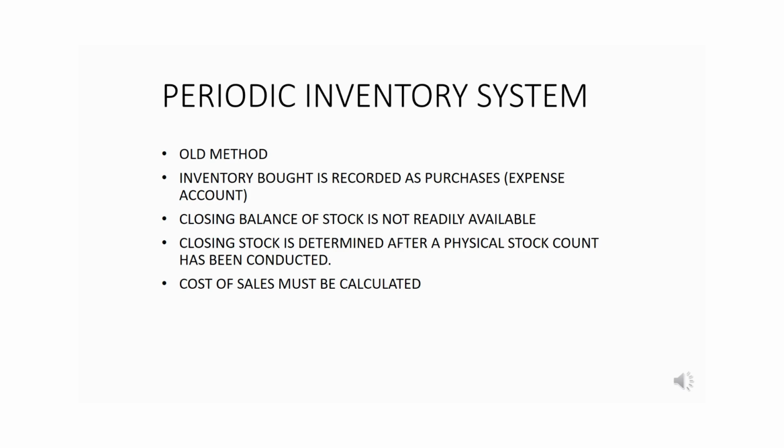Bullet number 2, inventory bought is recorded as purchases. So whenever we record goods that we bought, we use an account called purchases. With purchases, we are referring to an expense account, meaning that whenever we buy these goods, we treat them as an expense. Then, at the end of the financial year, goods that